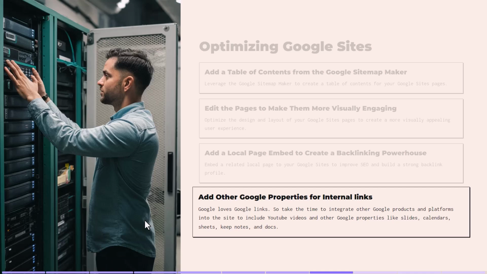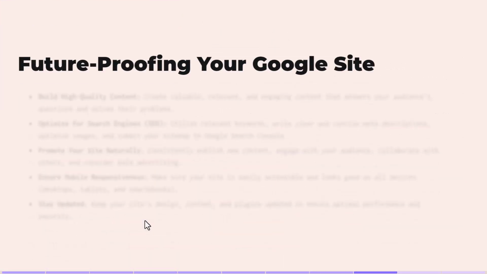I encourage you to do a couple of these. The first time it's going to take you probably an hour. The second time it's going to take you about 15 minutes. And as you do more of these, they're just really easy to do. Most of my Google sites have anywhere from 20 articles to 40, however many I make with the topical authority. So let's continue. Here are some ideas for future-proofing your Google site.